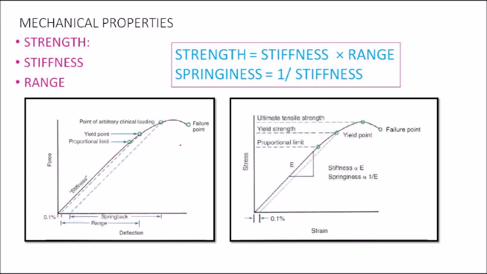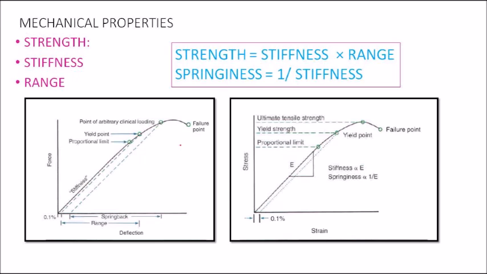So as to get a better understanding of these properties, we are looking at a typical force deflection curve of an elastic material like an orthodontic wire. Now please look at the picture and note that the stiffness of this material is given by the slope of the linear portion of the curve. So just before the curve starts to curve, the slope of the linear portion of the curve will give you the stiffness.